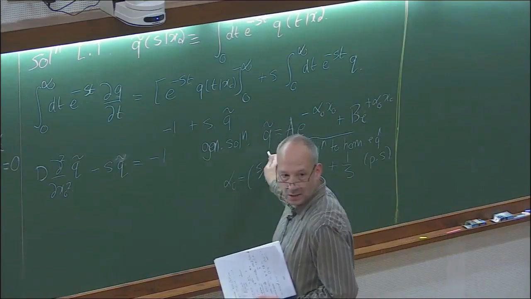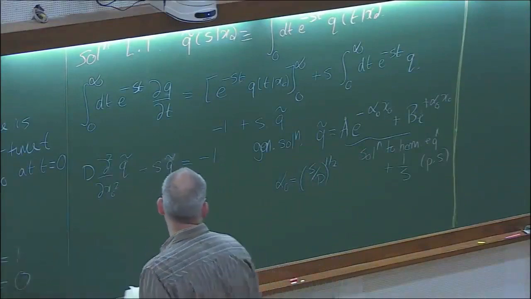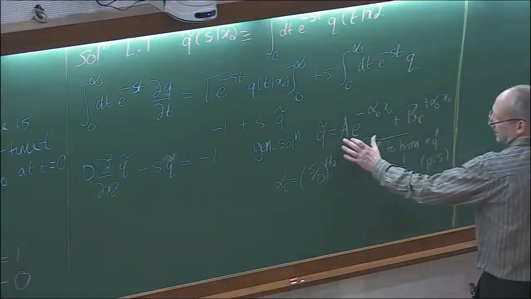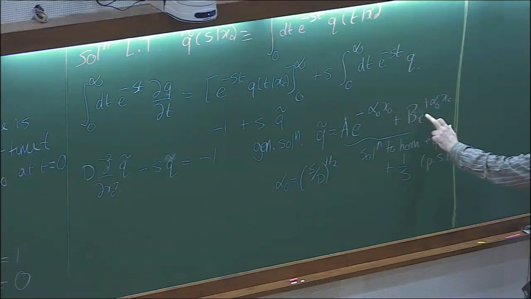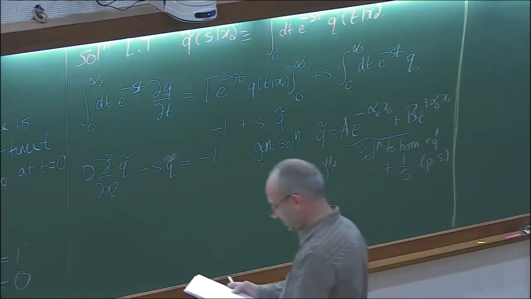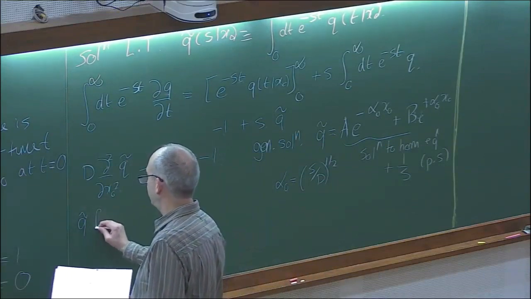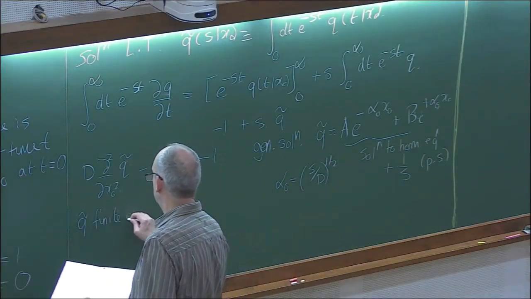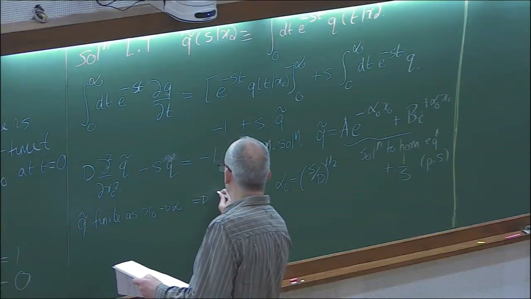Now I know that q is a probability. The maximum value you can take is 1. So I need to fit these constants a and b, and straight away I see that b has got to be 0, because otherwise this would diverge as x naught becomes big, and it can't do it. It's got to be less than 1, so I can't have that term there. So b's got to be 0. The reason for that is q tilde should be finite as x naught goes to infinity. And this means b equals 0.